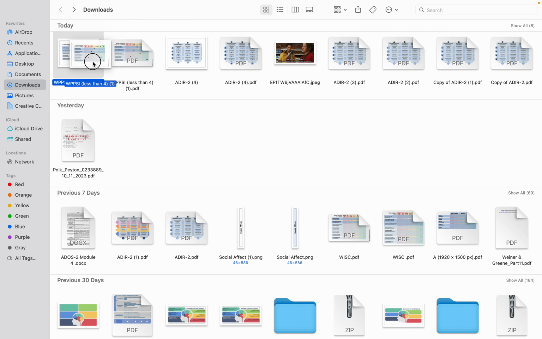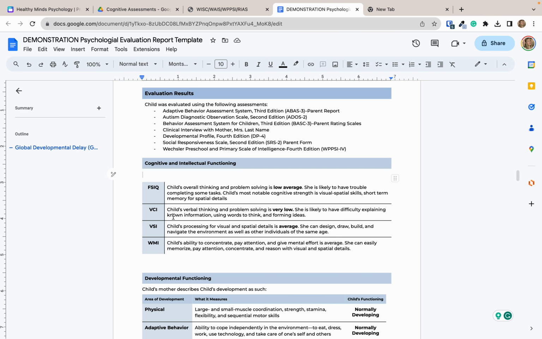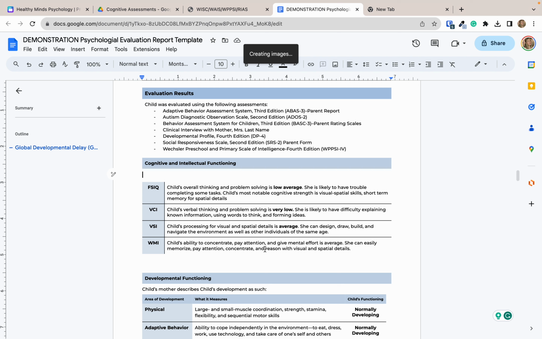Awesome. So now we're going to go over to our document. This is my little demo document, and we're going to find cognitive and intellectual functioning. This is where you're going to report the WAIS, WISC, WIPSI, etc. Hit insert, image, upload from computer, and here's our WIPSI. Open, take a moment,